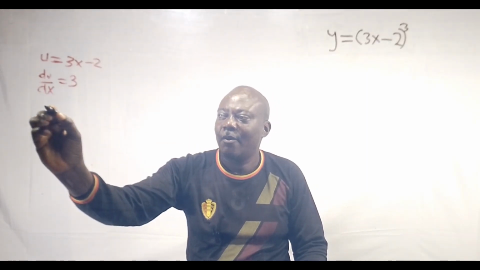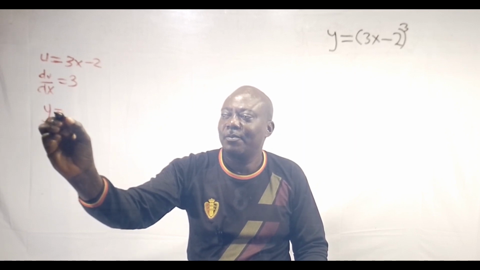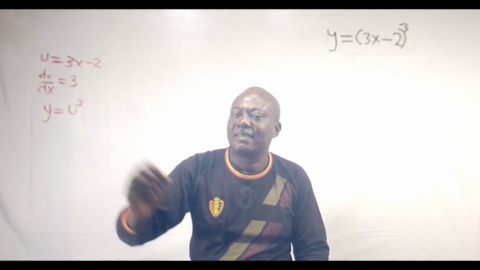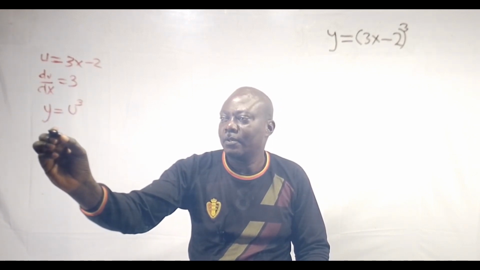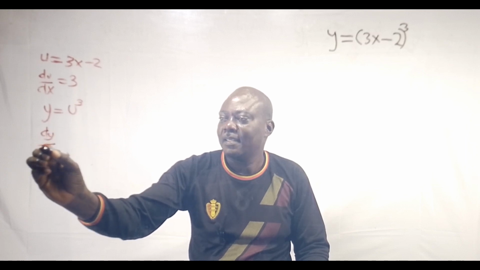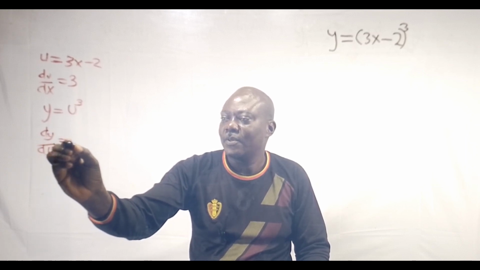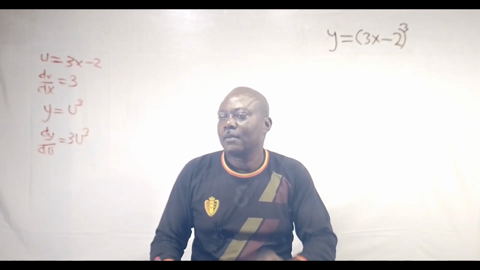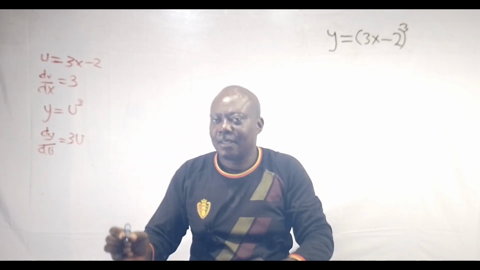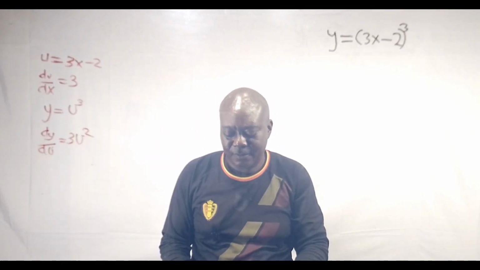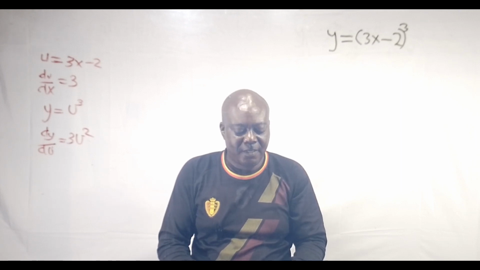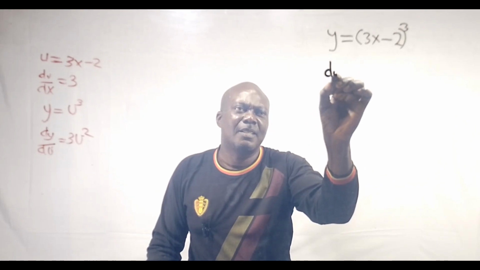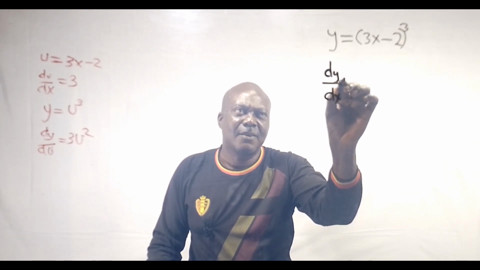So our y now will become u to the power 3. So dy/du will now be 3u to the power 2. So we now solve it. That means dy/dx will be equal to